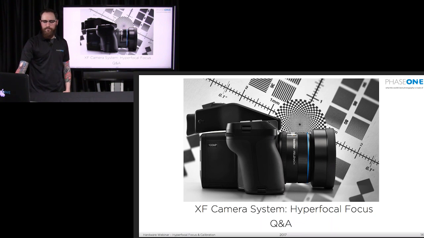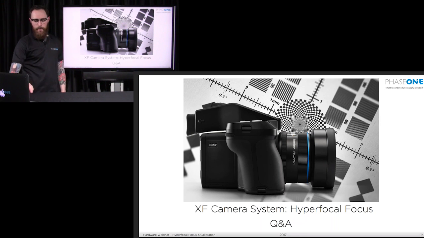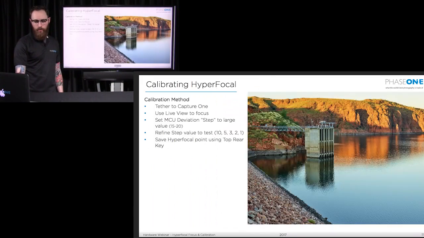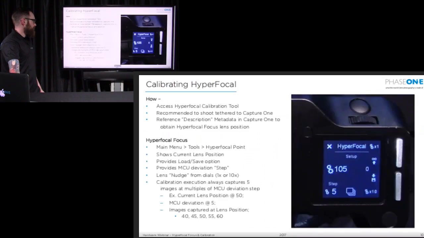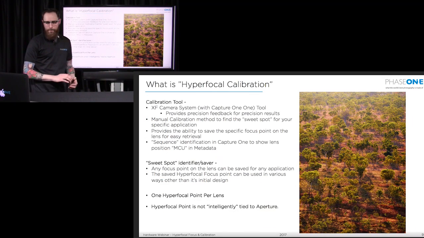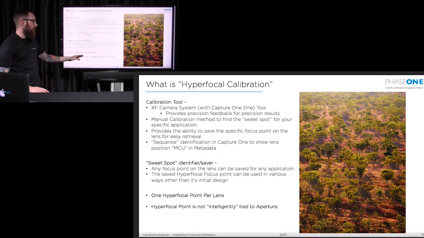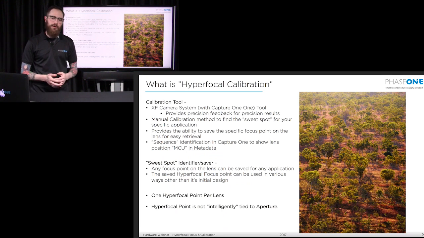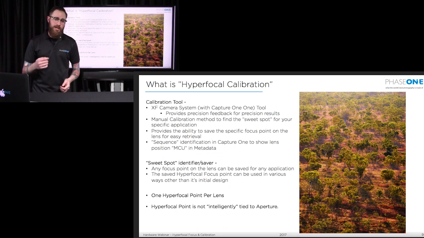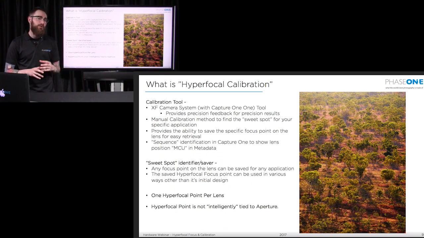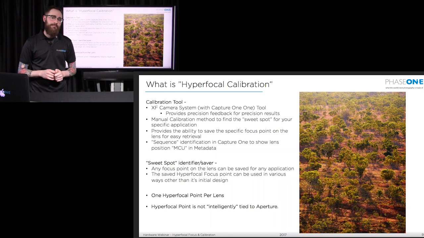And Farhan is also asking, can we have multiple hyperfocals for each lens? For example, say one for landscape where you want to have near focus to infinity, and then one for studio, or Steve was always asking for interior shots where he's not at infinity, but he still needs a broad depth of field. Yeah, well, you can certainly do that on your own. You can find a hyperfocal focus point calibration, and just write it down and keep a note of what it is. But the camera itself can only save 1 point per lens. So it can't have multiple points per lens. It's 1 point per lens.